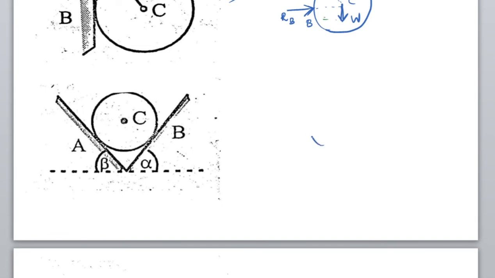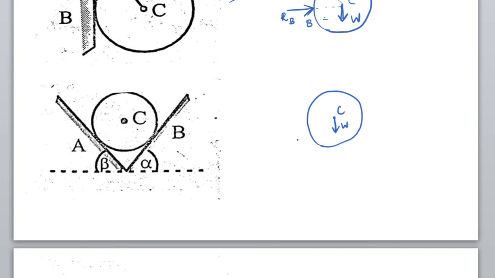First step, isolate the body from all supports and other bodies. Other bodies are not present, only supports are there. We have isolated the body. Then external forces: there are no external forces, only self weight is there. Let us show the self weight. As it is not shown, I have shown it as W acting at point C. Then I have shown the direction. Then magnitude is W.